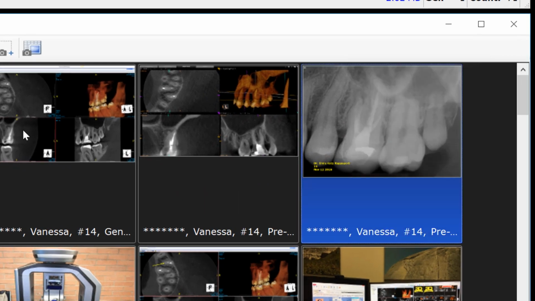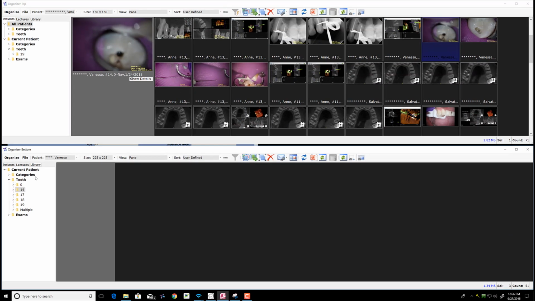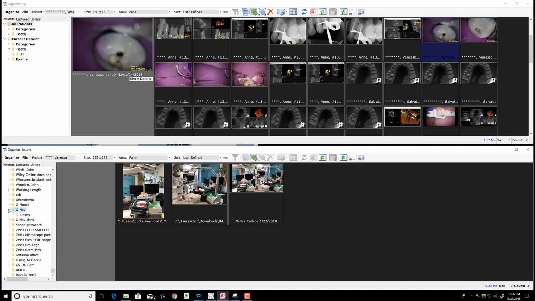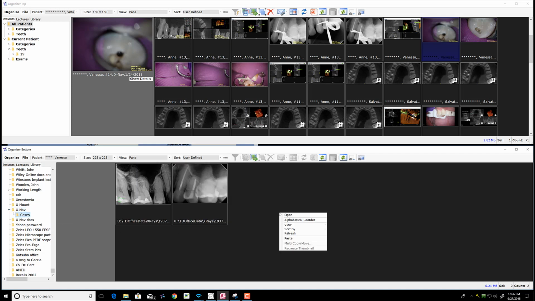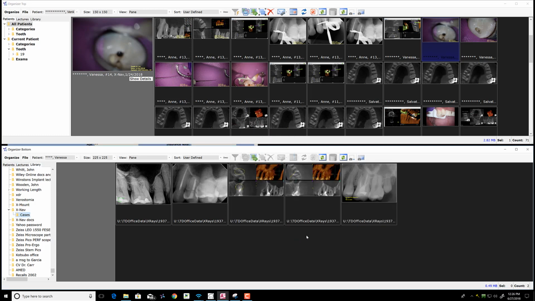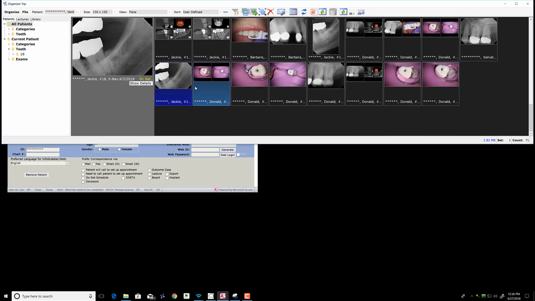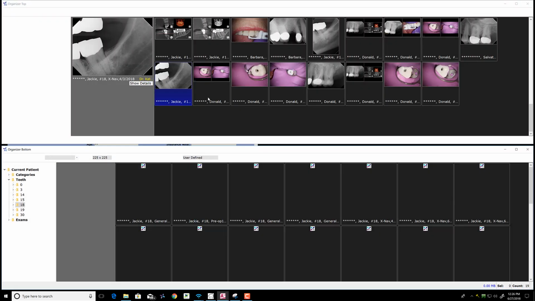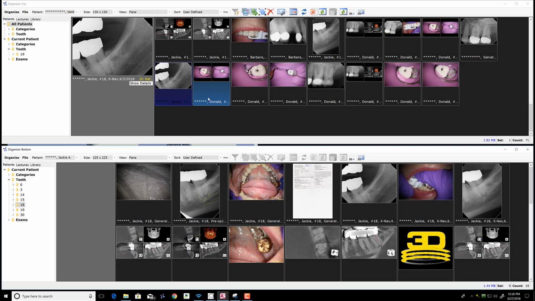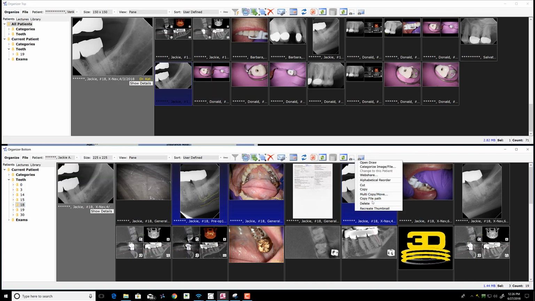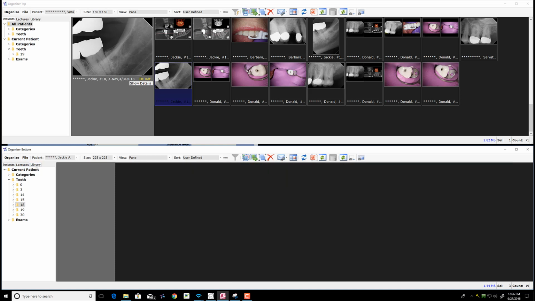Right-click, copy, go back to my lecture or library, go to my cases, paste. Now those are in my library. I close out of that, come down to another case, change to this patient. The image organizer opens up again. I copy these, go back to my XNAV library,